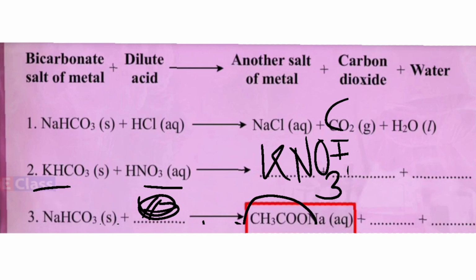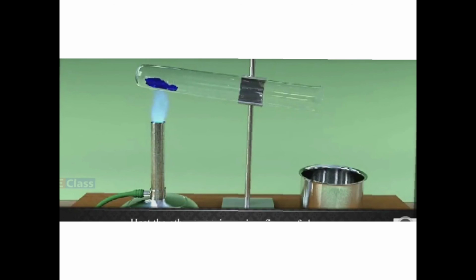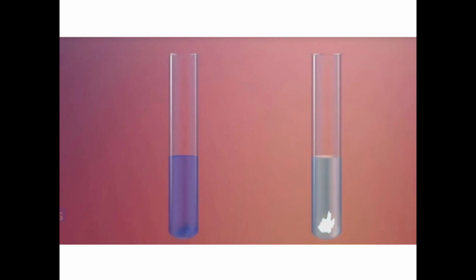So this is about all the salts that we are having. This carbonate and bicarbonate, they are salts. So a salt reacts with an acid to give you another salt. And in this reaction, if it is a carbonate or bicarbonate, definitely carbon dioxide and water come out. Okay, we have seen the water of crystallization. All these things were observed: when you heat it, it becomes whitish in color, and when you add water to it, again it becomes bluish in color. So the color of the blue vitriol is due to the presence of water in it. So I hope all these things are clear to you.